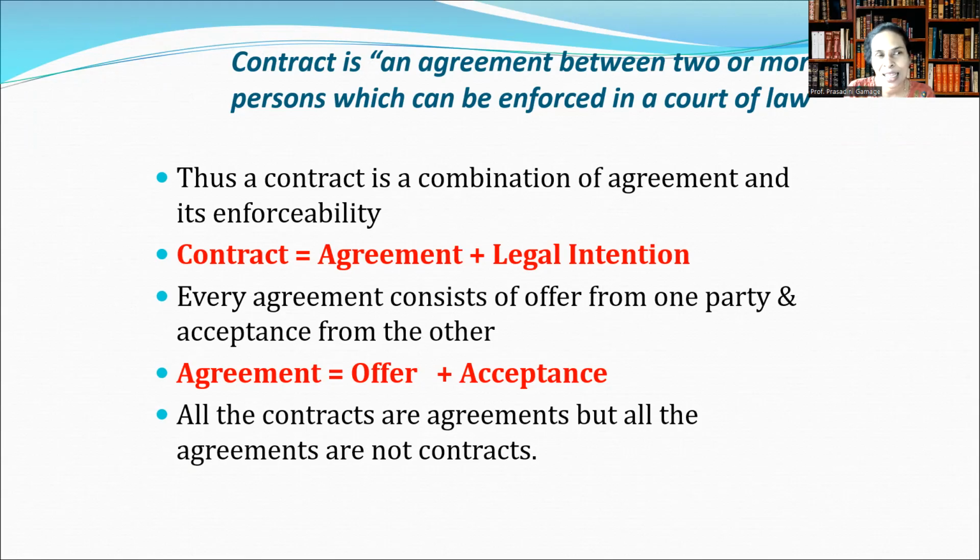B will provide advance to A and get a letter from A that he received 1 lakh rupees advance, and he's going to sell it to B in near future, or they can fix a date as well. Then he keeps it. If A sells that vehicle to somebody else other than B, B can take legal action because at the time of making that agreement, he had in his mind legal intention.